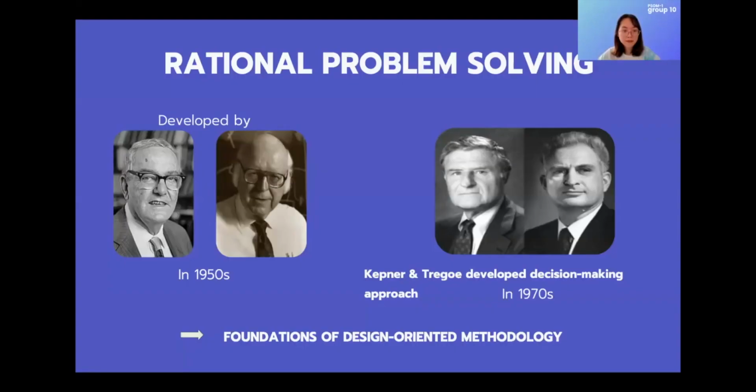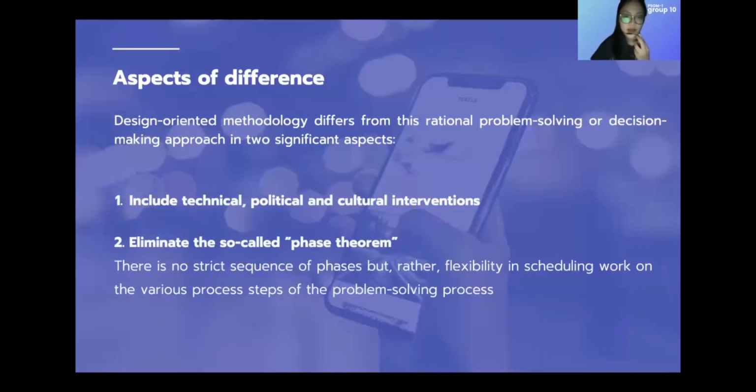When it comes to rational problem solving, systematic inquiry into problem solving aimed at uncovering general principles started with the work of Herbert Simon, Allen Newell, and colleagues in the 1950s. Their work strongly influenced research in cognitive science, artificial intelligence, management science, and economics. A related stream of research on organizational decision making was developed by Kepner and Tregoe. And next, however, our